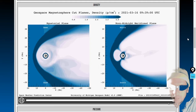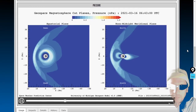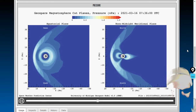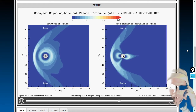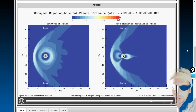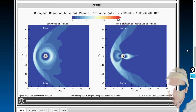We'll also show you the pressure. This is in nanopascals. And you'll see a fairly low pressure here. Each of these is 4 hours of data, courtesy University of Michigan. And keep in mind, folks, this is a model based on a lot of observations. Everything from the solar wind speed, velocity, BT, BZ, the pressure, the temperature,